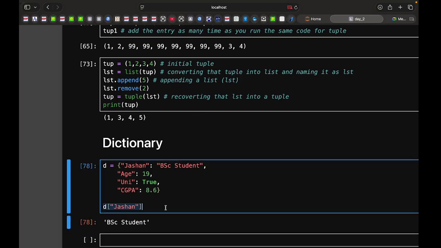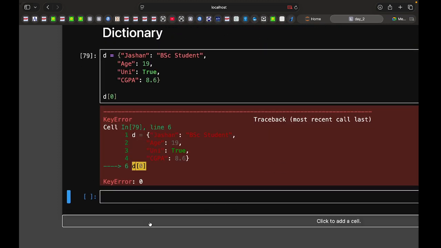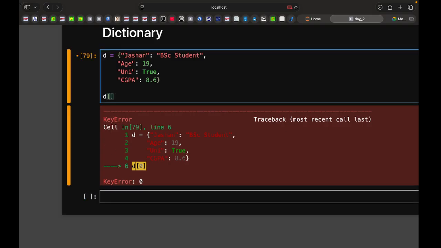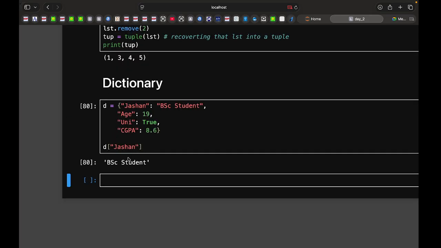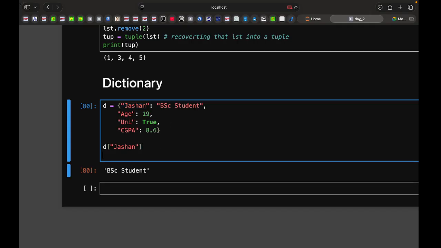You can just print some values also, like what is the value of Jashan. Okay, BSc student. So like this. Also I can try it out if it works like this. There is nothing called indexing here. There is no meaning of indexing in this. You have to search the value like this, like ask for the first value and it will give you the second value. Also you can add a new thing,